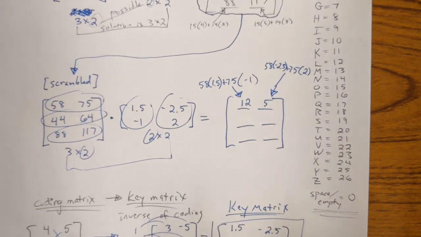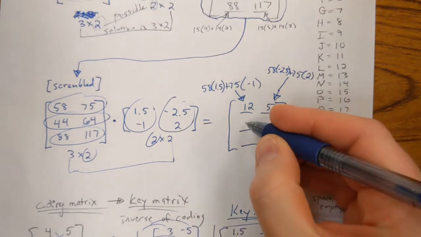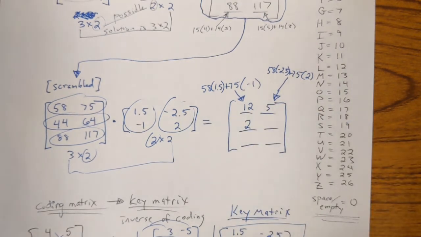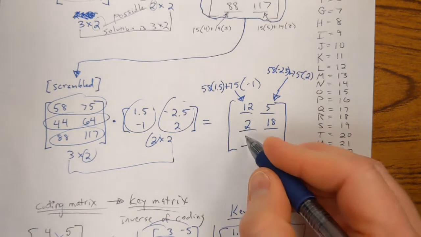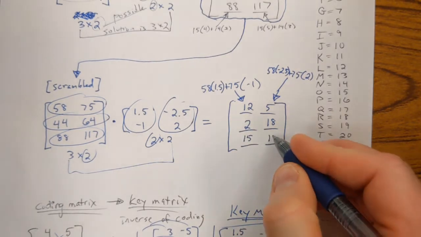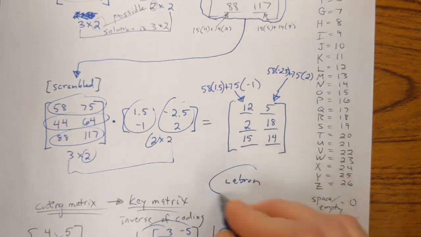All right, and you can work through the rest of the steps if you'd like, but this element will come out to 2. This one comes out to 18. This one comes out to 15. The last one comes out to 14. Guess what? I got the word LeBron. Using the key,